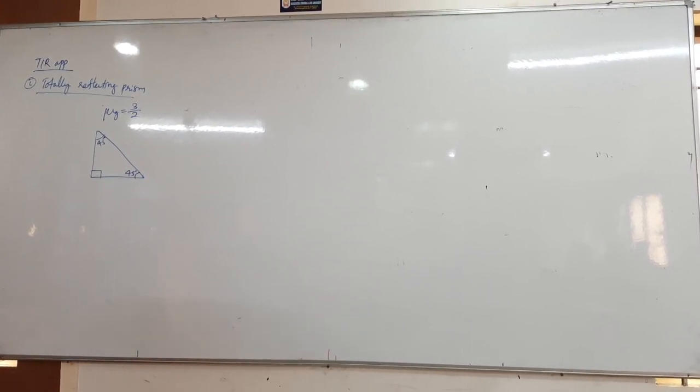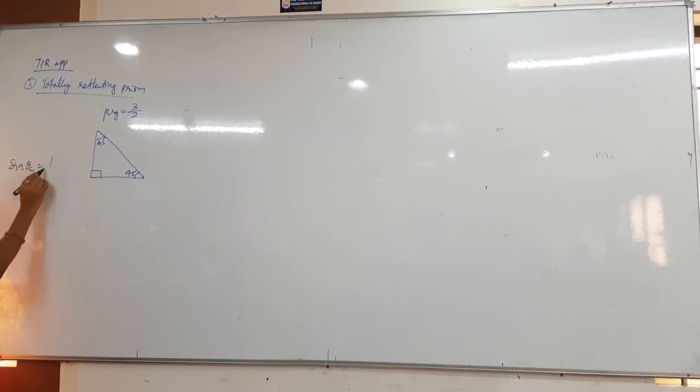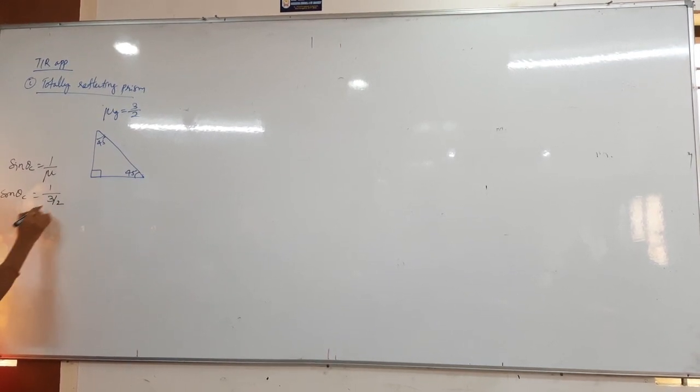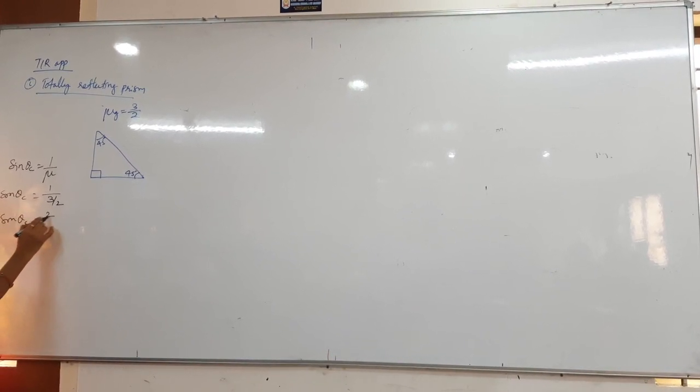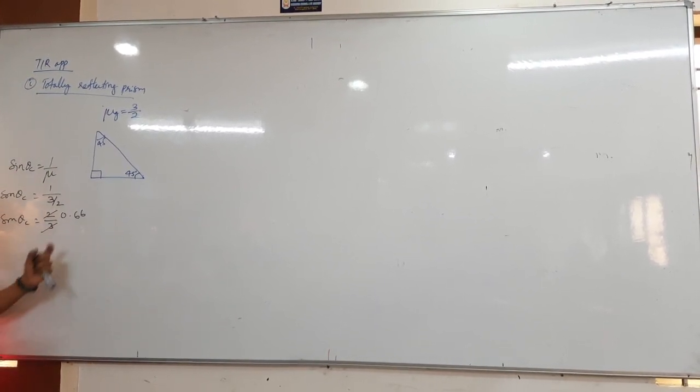So for that you have to check the critical angle first. What is the formula of critical angle? Sin theta c is equals to 1 by mu. So sin theta c is equals to 1 by 3 by 2, then sin theta c is equals to 2 by 3. What is the 2 by 3 value exactly? 0.66. Correct. This is near to which value? Which fixed angle? What is the sin? Sin 0 is 0. Sin 30 is 1 by 2, nothing but 0.5. Sin 45 is 1 by root 2.